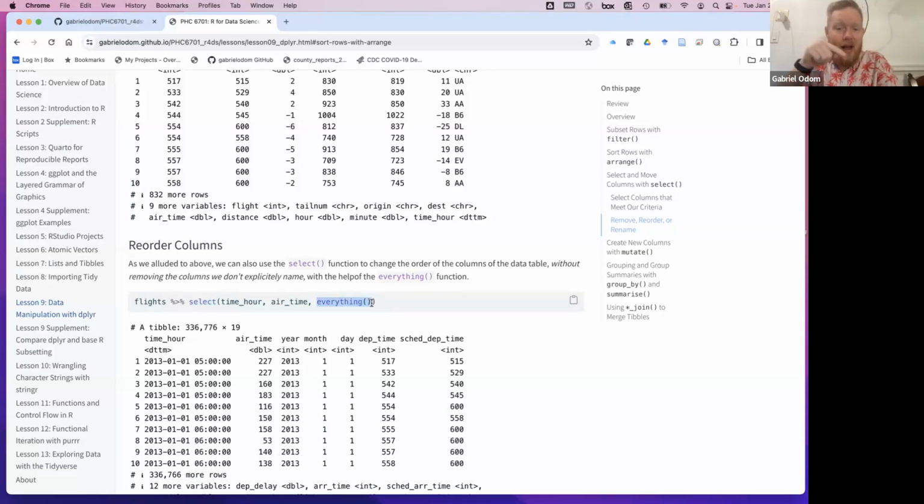So remember, without the everything command, it's only going to give you these two columns that you ask for. But as soon as you include the everything command, it's going to move these columns to the front. And it's going to say, okay, these two columns are clearly super important. We need these all the way to the left. We need these at the very front of the data set, and then everything else comes after that. And notice it's going to preserve the order. So year, month, and day stay in order. Everything else stays in the same order. We just take this column, move it to the front, this column, move it right after. So that's